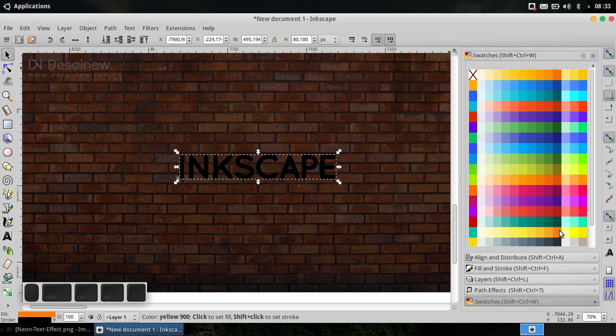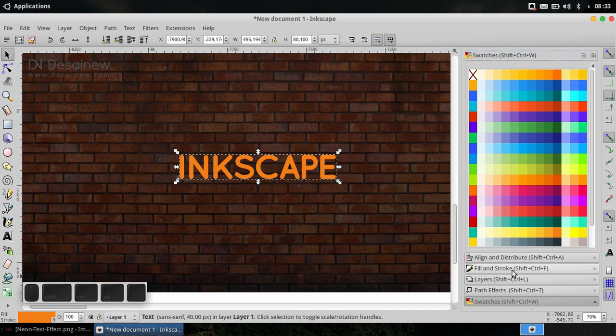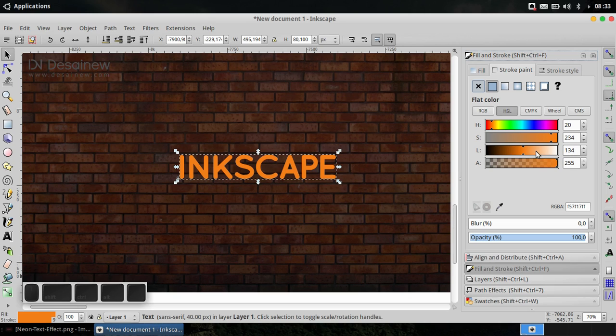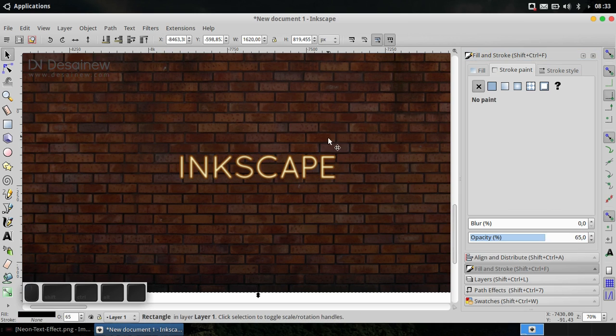Give yellow 900 with hold shift. Open stroke paint, and for the lightness field fill in number 58. Click lower selection one step. Okay. And then next we will create an outer glow effect.